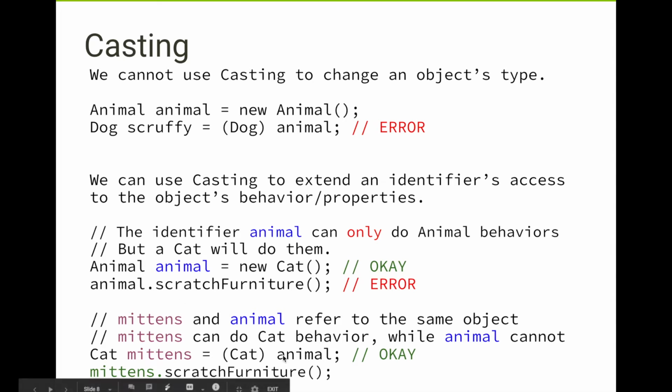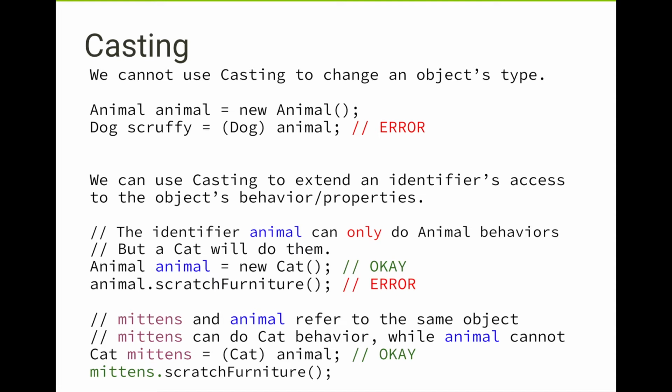Now let's say I create a cat. Oh, I have the animal over here. See the animal? That is a cat. See how I created a cat? Then down here, I'm going to take my animal and I'm going to cast it to a cat. Even though it thinks it's an animal, I'm going to cast it to a cat and I'm going to put it into another cat basket. Mittens. I'm going to cast it into Mittens, okay? Mittens, what a cute cat name. And that's fine